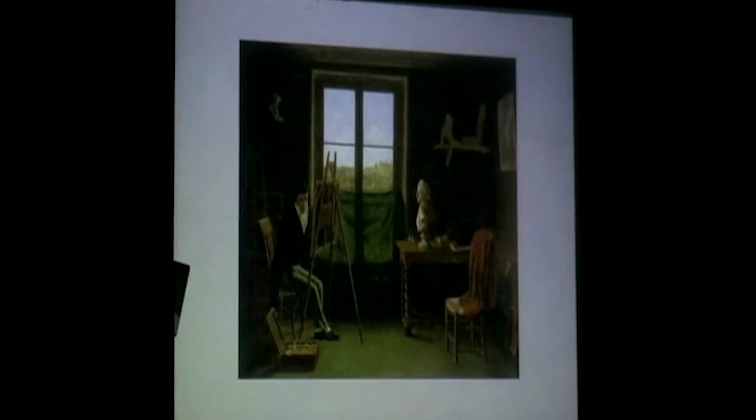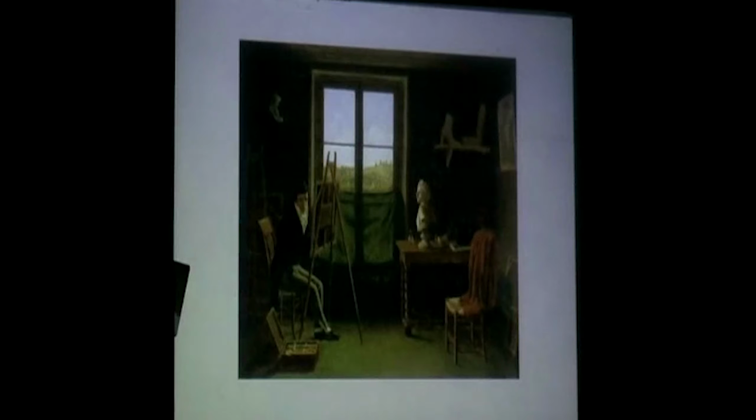This is by an unknown artist. It's in a museum. His name is Cochrane, and it is a self-portrait of him in his studio in Paris, in Montmartre. Beyond it, you see the hills of Montmartre with, how do you call that? Windmills, exactly. And Cochrane is not known because he died, unfortunately, very young, and it's a naive picture, really. But I included it to show, actually, that in